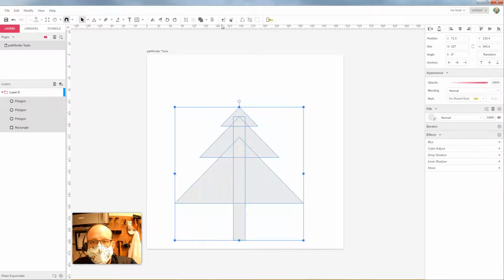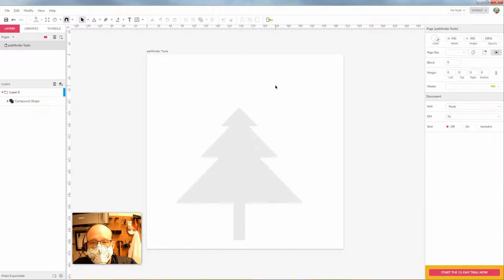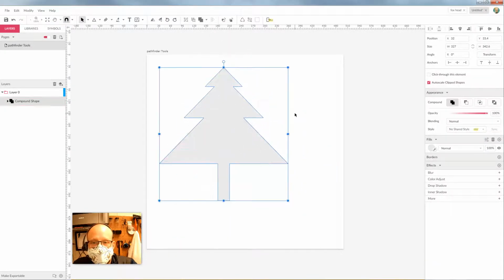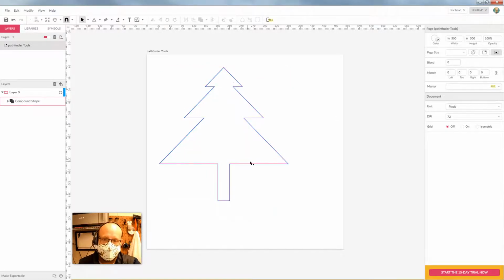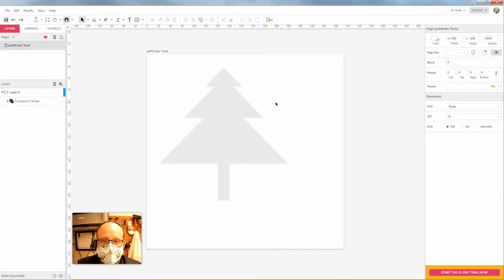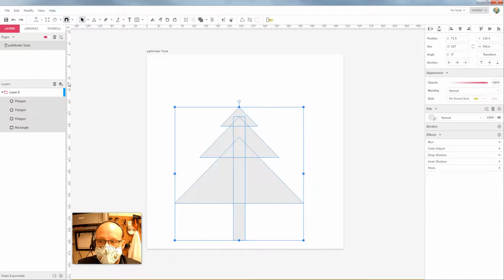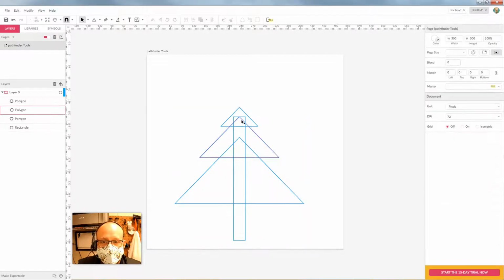But if I select them all and, for example, union them, I now have one object that is a single tree shape. And if I go in and change my outlines, I just have that one outline, which is what we need when we're building things like our vinyl cutouts. We have to have a single outline for the laser or the knife to follow. Because if we have a whole bunch of individual pieces, for example, if we look at this, the laser or the knife is going to cut every single one of these lines,